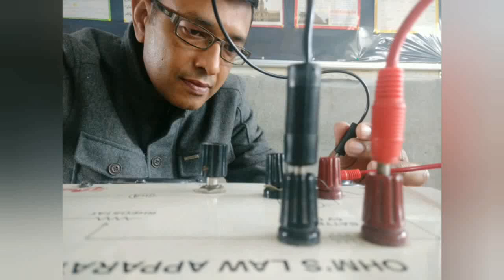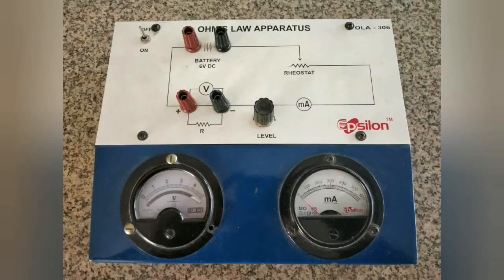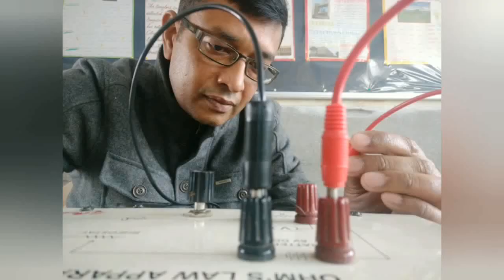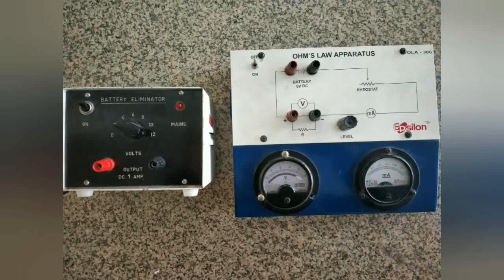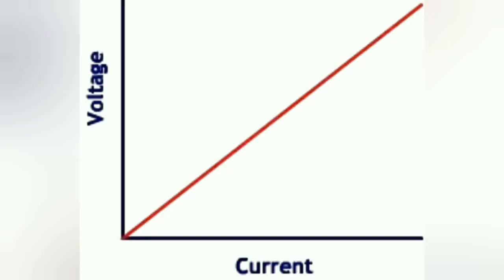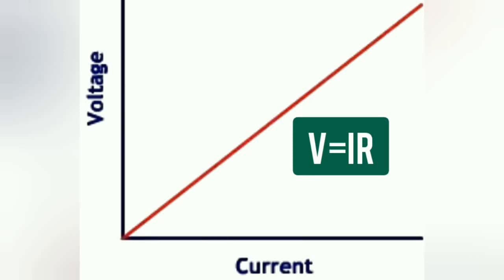Ohm's law is the most fundamental law of electricity, given by George Simon Ohm in 1828. Here, by using this apparatus, which is the Ohm's law apparatus, we will find the values of voltage V for different values of the current I. Then we are supposed to plot a graph between the voltage and the current. This graph would be a straight line, which will indicate that the current flowing through a conductor is directly proportional to the potential difference, provided the physical conditions like temperature and pressure remain constant.